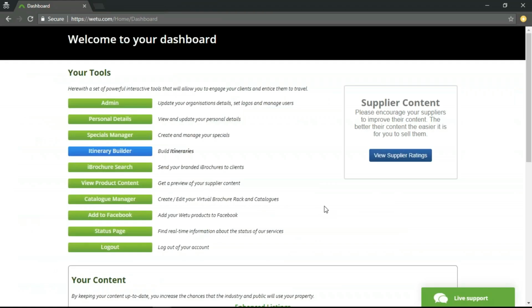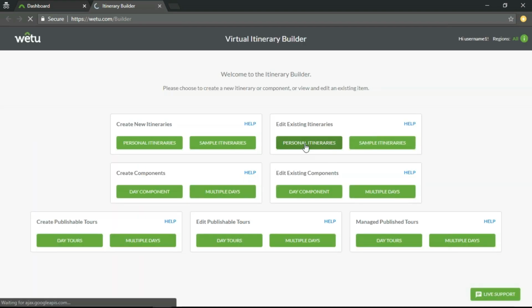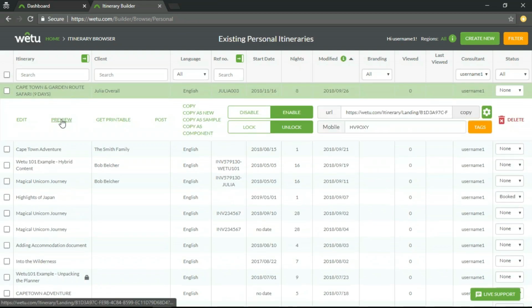Okay, so as you can see, I am now logged into my Wetu dashboard. And today, as mentioned, we're going to be covering the hybrid content. So I have pre-built an itinerary. If we just go into the itinerary builder and existing personal itineraries, here I have pre-built an itinerary for Cape Town and Garden Route Safari, 9 days. And if we just preview that itinerary,